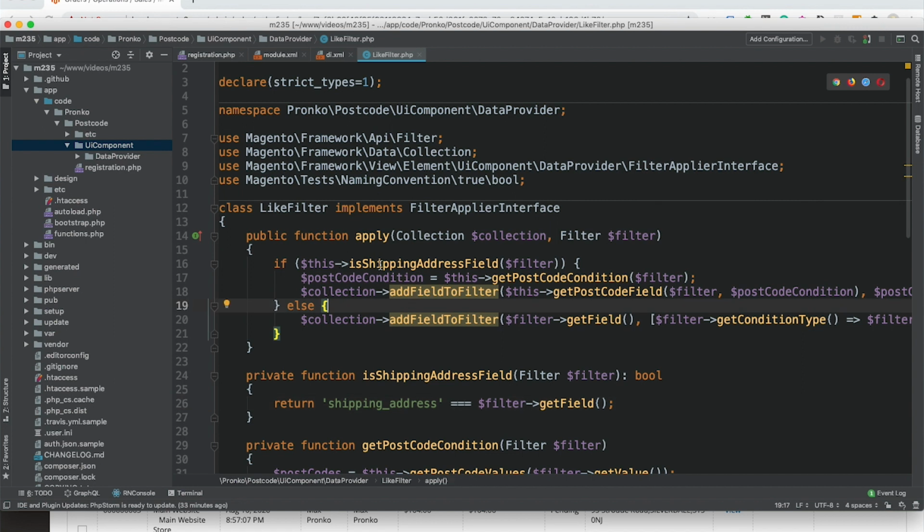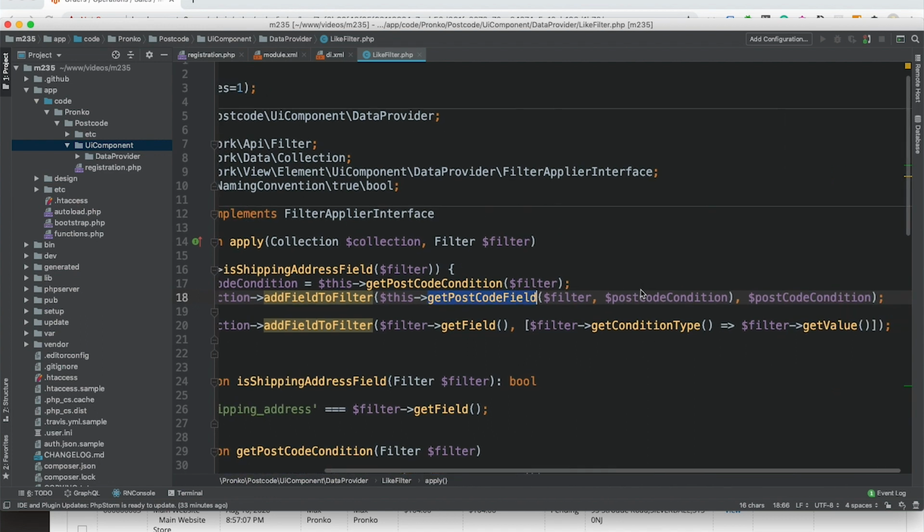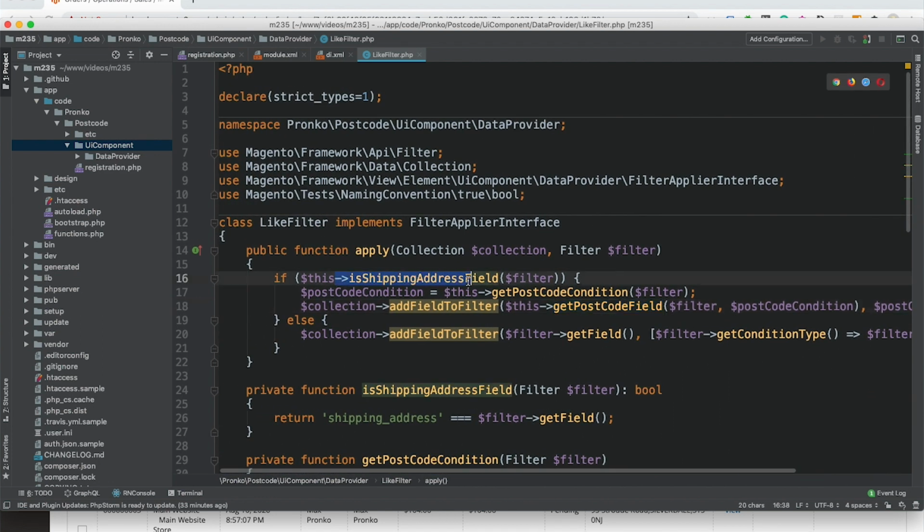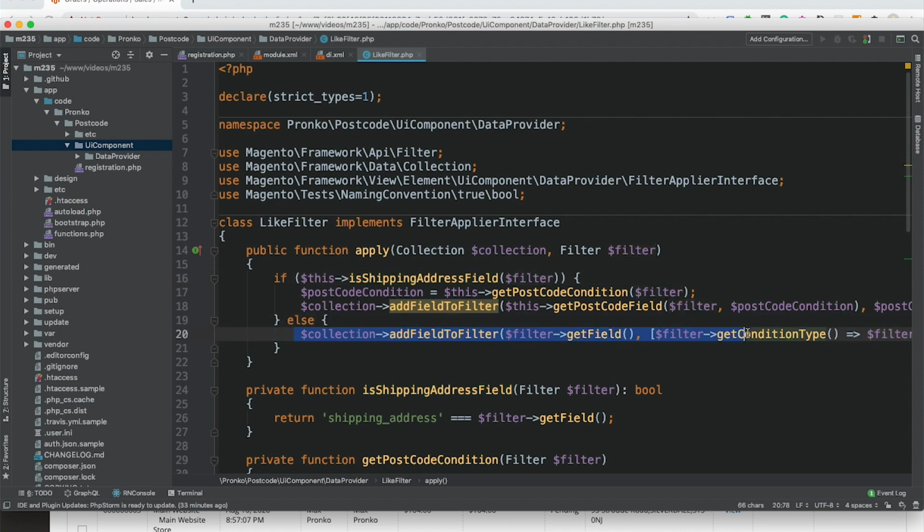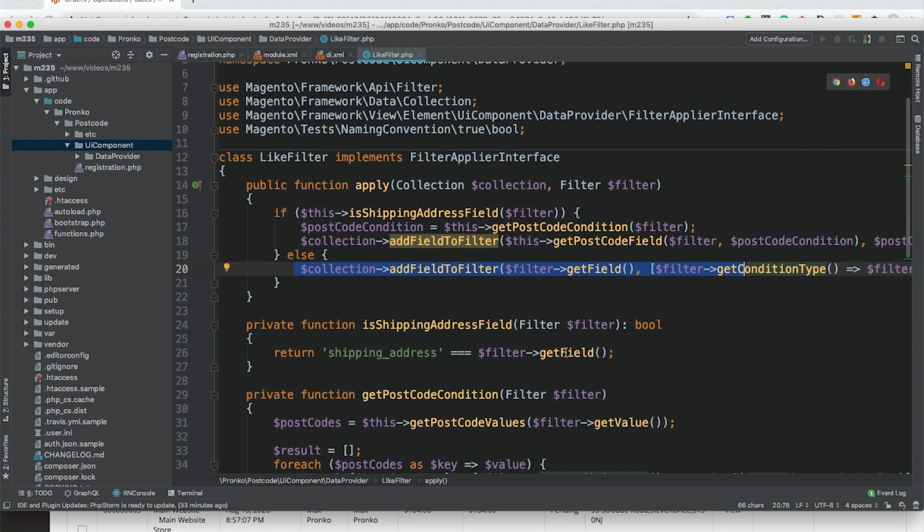Alright, so the logic is the following. We will check that this is the field we would like to filter. If it's shipping address, then we will prepare a list of 2 postcode conditions and 2 postcode fields. If it's not a shipping address, we will fall back to a default implementation of a like filter.